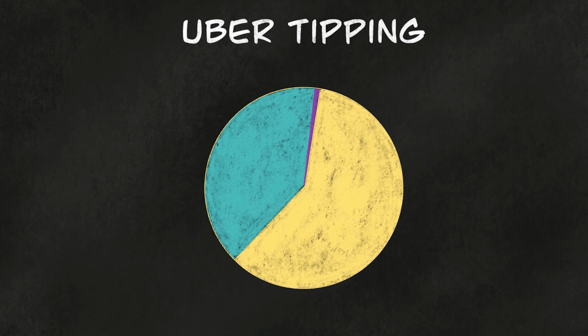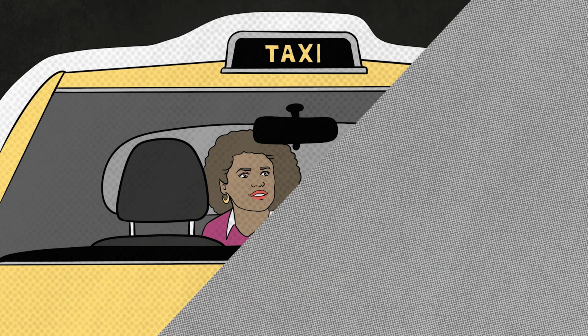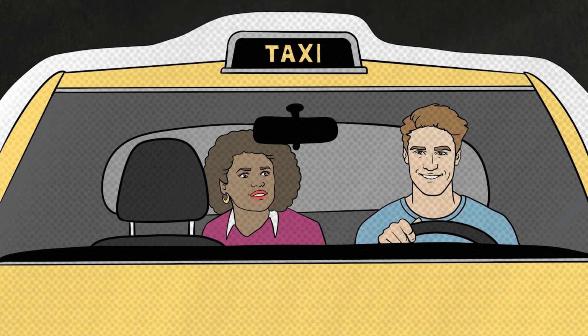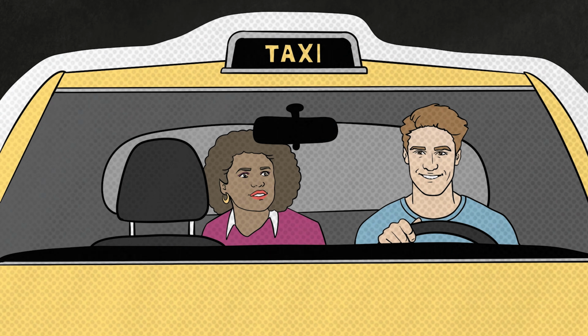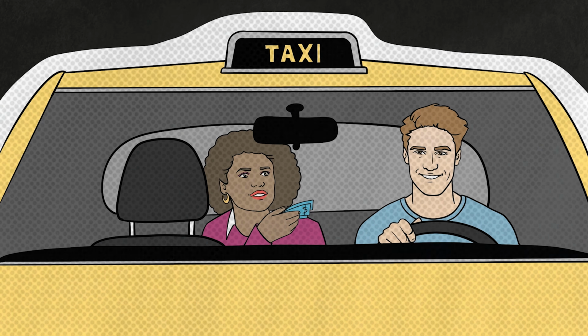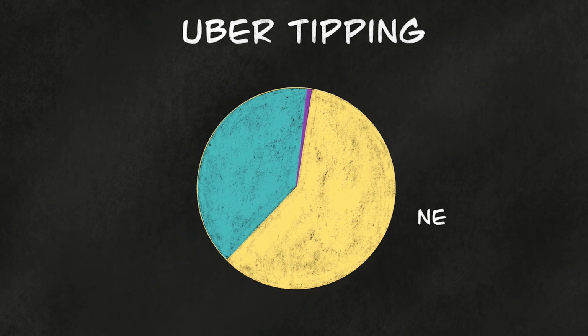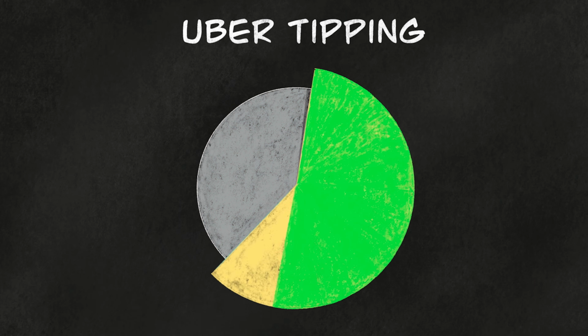Now let's go back to our question about does face-to-face matter for the tip. Remember, 3 out of 5 riders never tip. But guess what happens when I observe their tipping behavior when they're in a typical yellow cab? Remember what happens in the yellow cab. You settle up after the trip and you make the tip decision right in front of the driver. Of the people who never tipped on Uber, in this case, 95% or more tip every time. A behavioral economics model of social pressure and social norms can help us understand this dramatic difference in behavior.